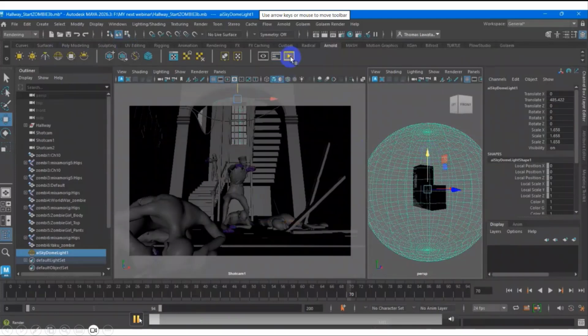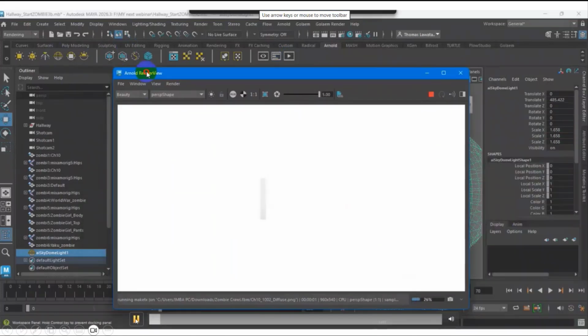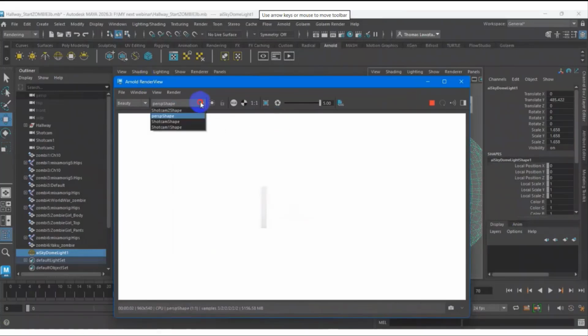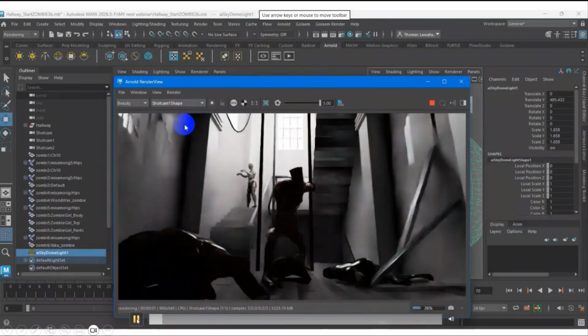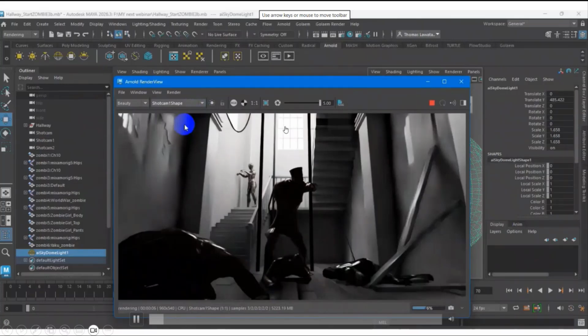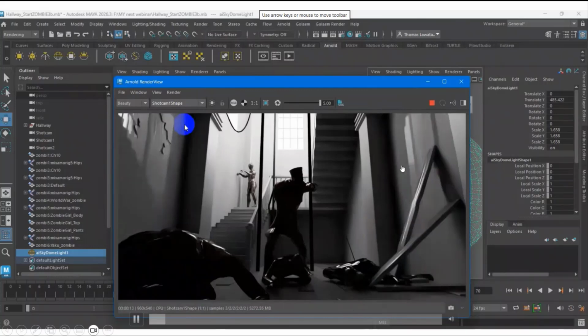Again, we need to see the render, so we can go to the Arnold render. Of course, the first result is too bright. We need to adjust the intensity of this lighting. And of course, in this scene I'm already using the AI denoiser. I think by default, once you render, there is noise on your camera.